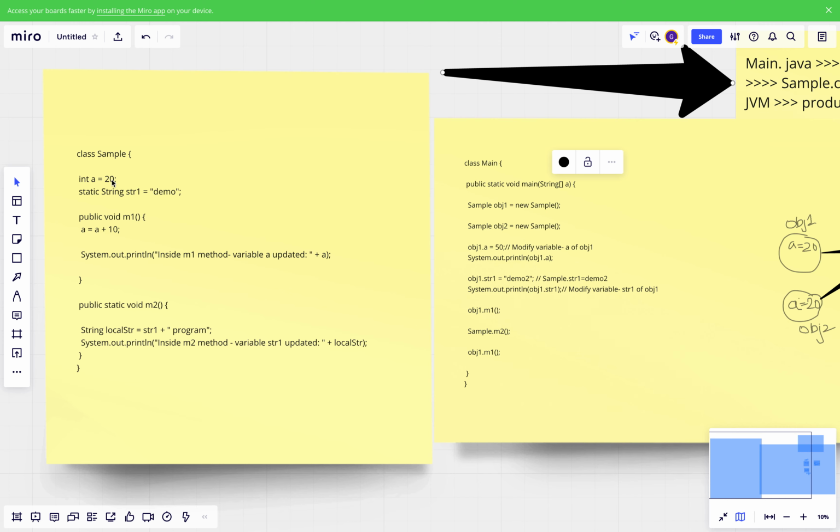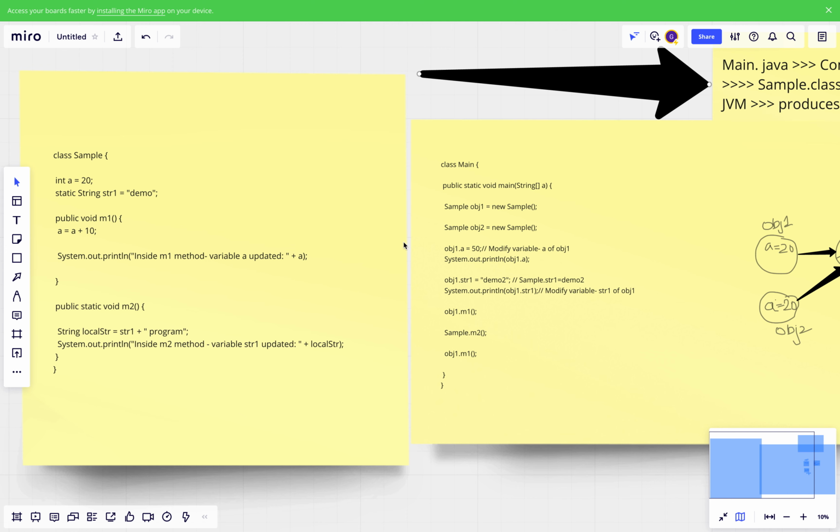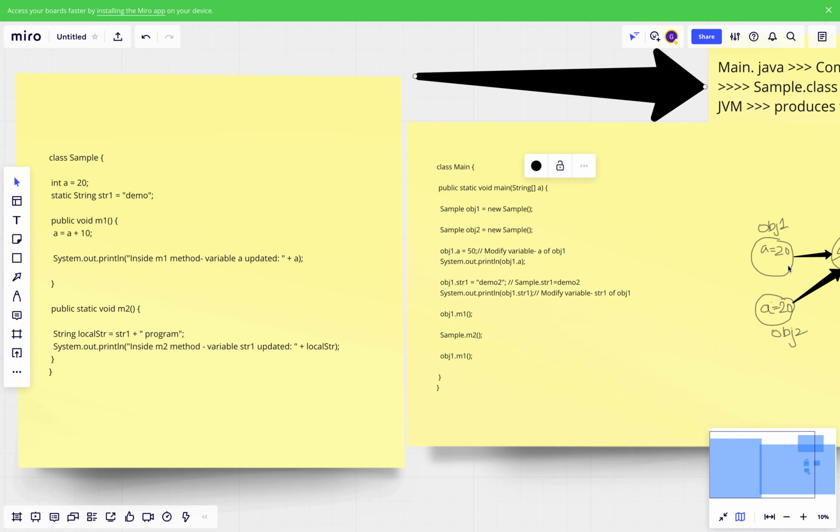That means the memory allocation for this variable will happen when the object is created. See here, once the object is created through the new keyword, memory allocation happens for the instance variable. That's the reason memory allocation for variable a happened and it got initialized to 20, because the default value we have given in the class is 20.